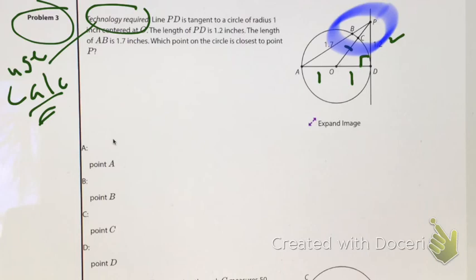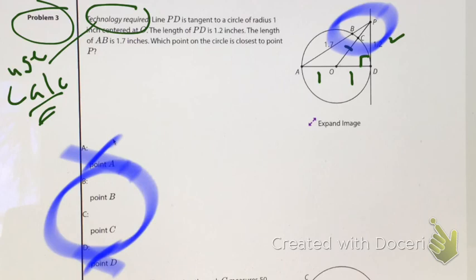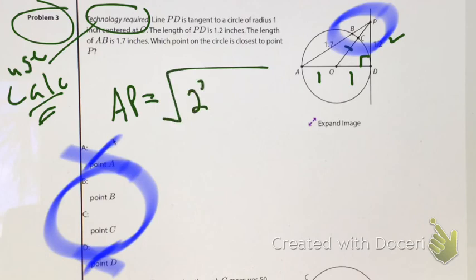And you know it's not A because it can't be. Look how far out that is. It can't be D because look at how far out that is. It's got to be somewhere right here between B and C. So what do we do? The same thing we just did: Pythagorean theorem. So let's find segment AP first. That's going to be the square root of 2, and I'm using 2 here because you can see it down below here. That's this length, this diameter. So it's that diameter right there. That's the 2 squared